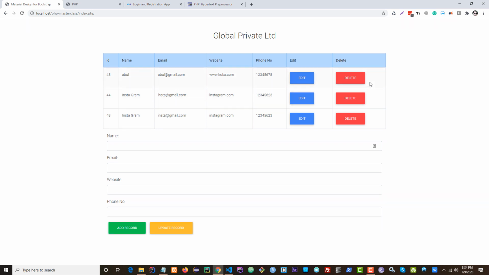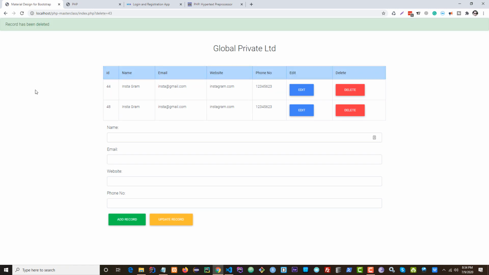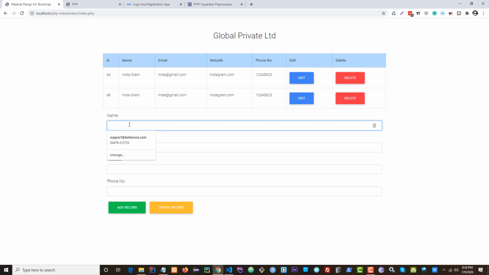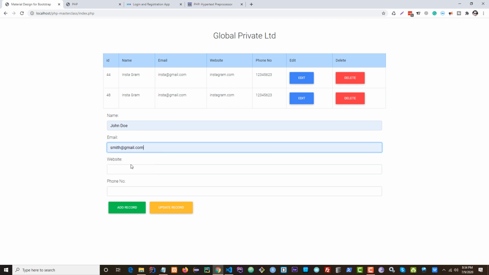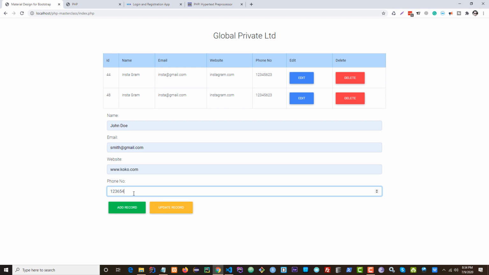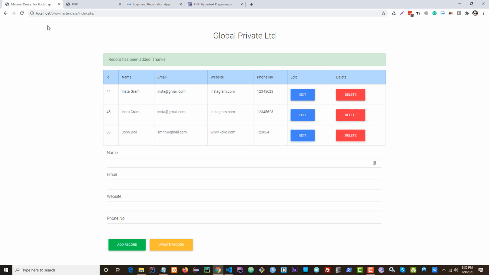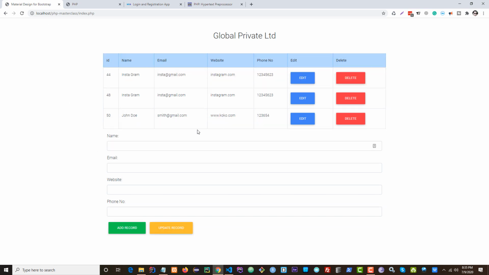Now you can also remove the record as a whole, and all you have to do is click on this delete button, and the record will be removed. And now if you want to add a new record, let's say you want to add someone else like John Doe, and his email, let's say smith@gmail.com, his imaginary website, his phone number is something like this. And now if you want to add this record to your database, all you have to do is click on this add record button, and you're going to have the record updated in the database and also visible in the front end. So this is how this application works,